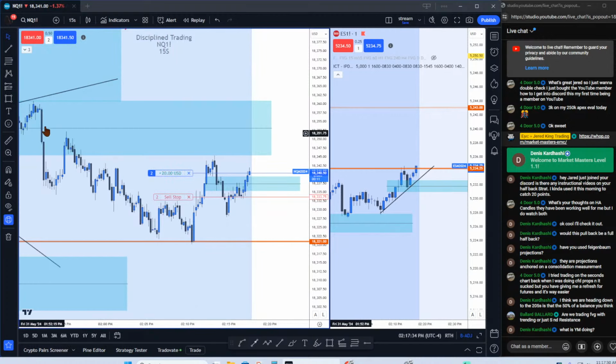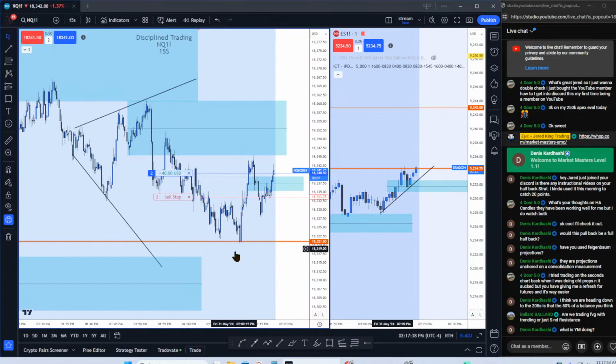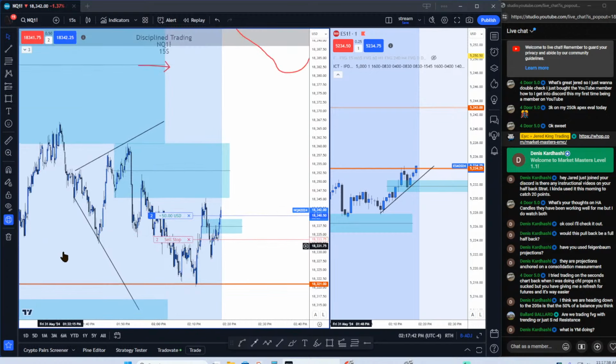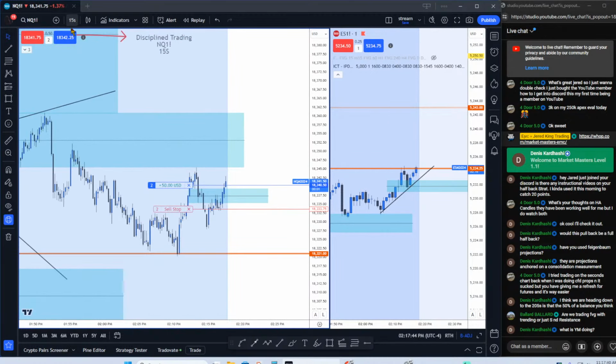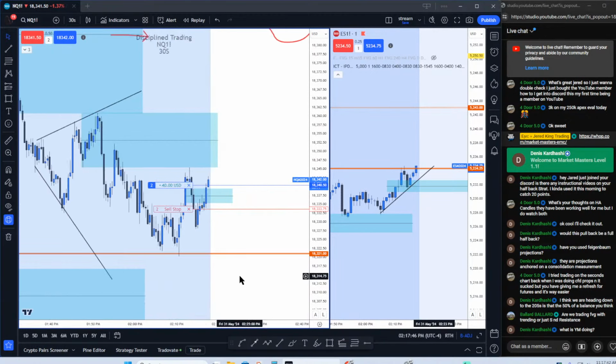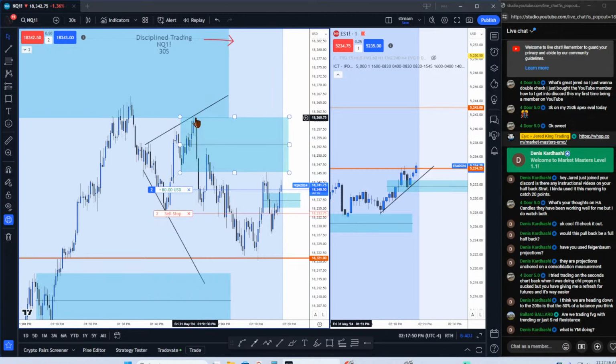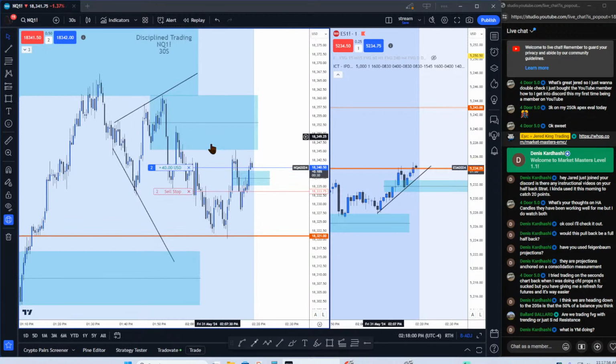But I do look at price in terms of like it needs to be redelivered to areas where price moved through where it wasn't fair. Like you're not gonna buy when the market's moving straight down, and you're not gonna sell when it's going straight up. For example, like here, no one's gonna sell while it's doing that. They're gonna wait for it to stop, and then that's when they're gonna buy. So I know that price needs to come back half back like it did there. And then